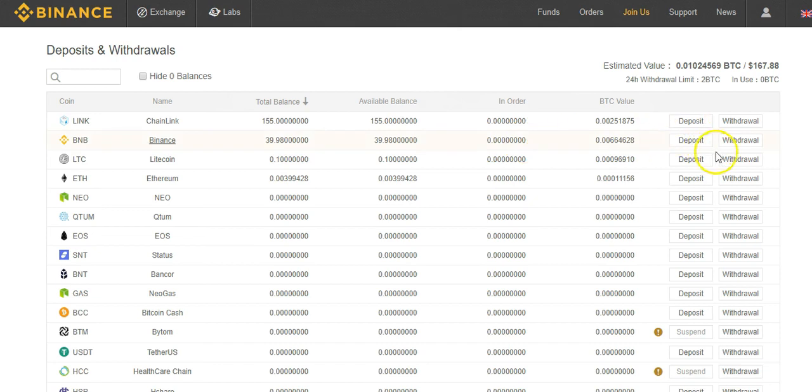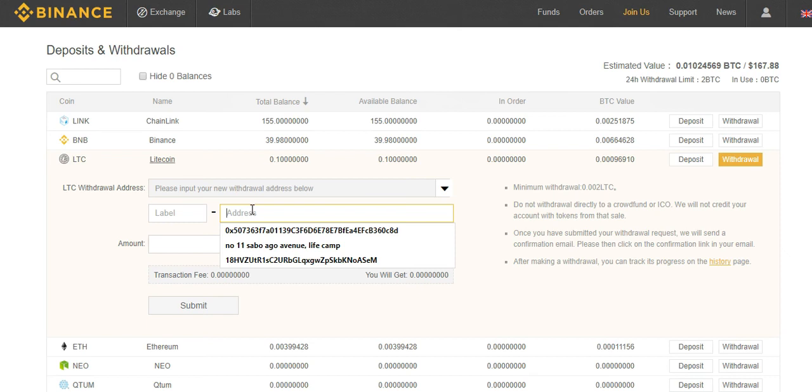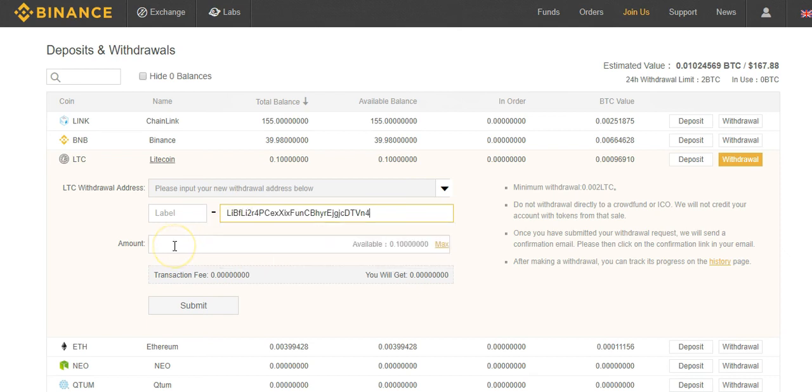I also showed you how to withdraw, but I'll just go ahead and try to withdraw the Litecoin. I'm not going to pull through with that because I plan to use the same Litecoin for the exchanges. So I'll just put back that address, and I'll put back the amount, or let's actually use, assuming I want to make a withdrawal of 0.01. So I'll click on submit,